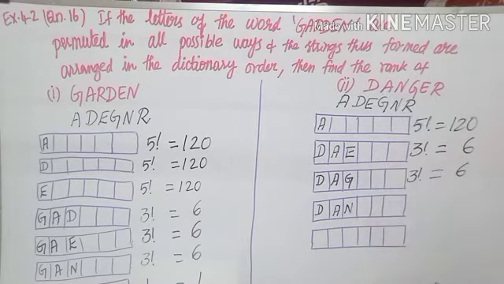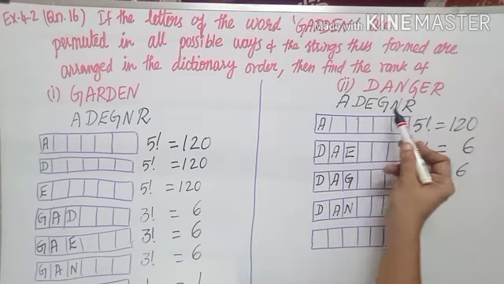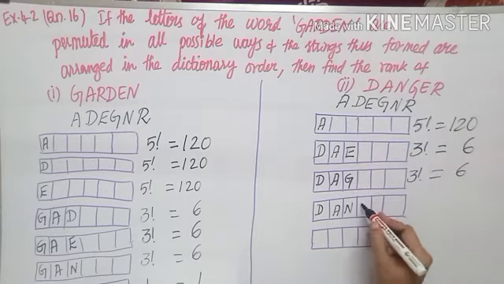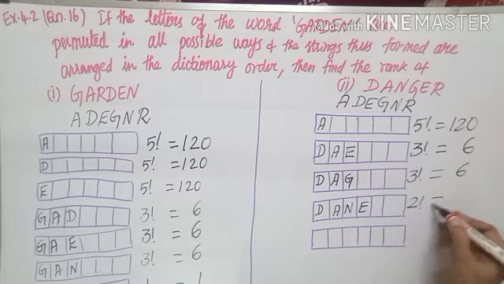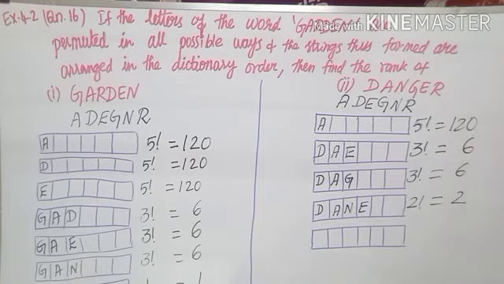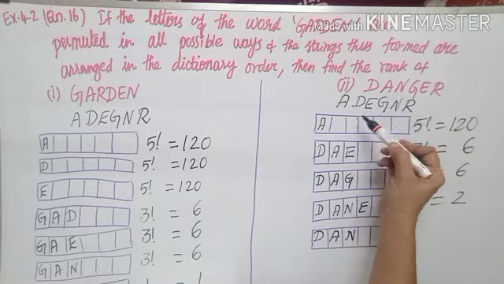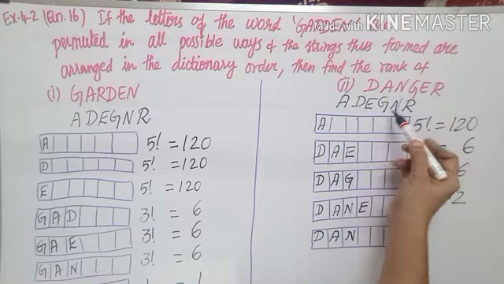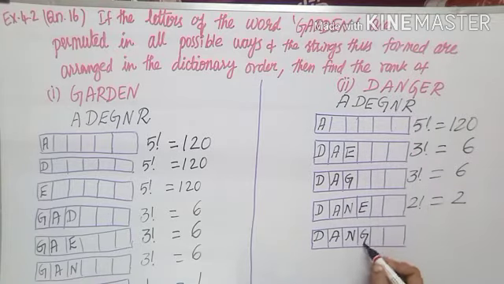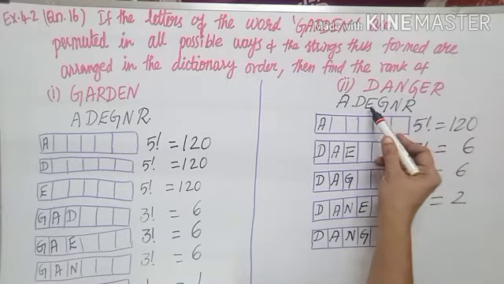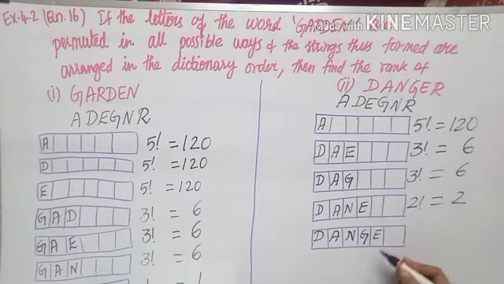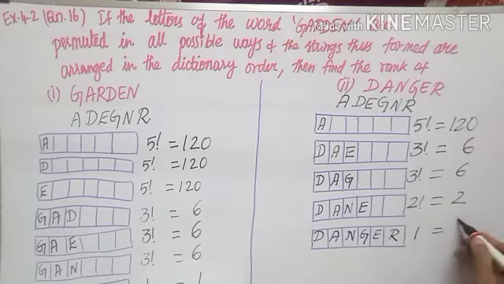D, A, N comes. D, A, N only is my question also. So go with the next letter. D, A, N, according to the order, E will come. Remaining there are 2 places, so 2 factorial, that is 2. The next, D, A, N, E also over means next letter G. Question also has G only. So go on to the next letter. D, A, N, G over, the next letter is E, and last the letter is R. So this is the word which is in one way.